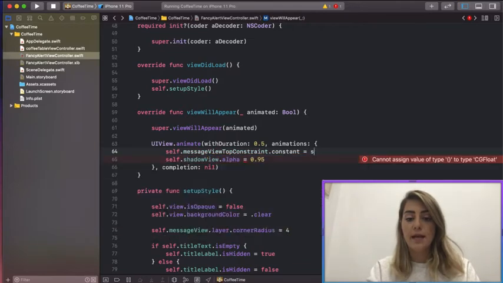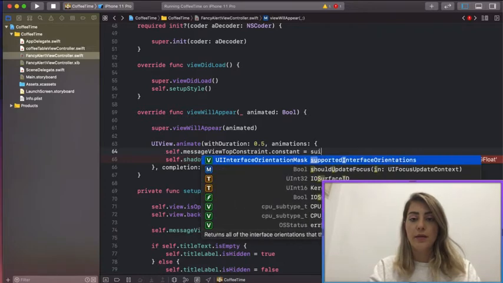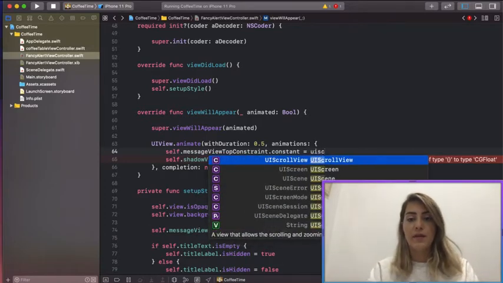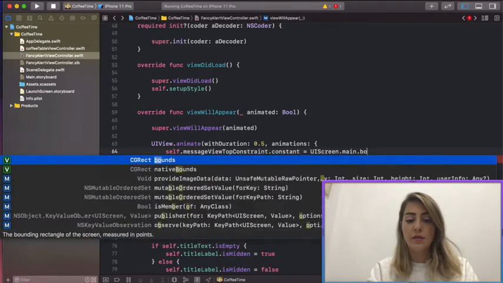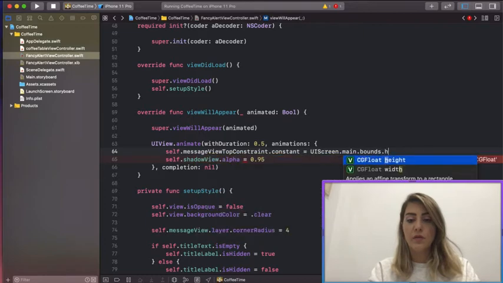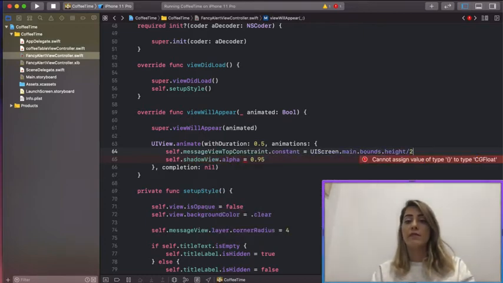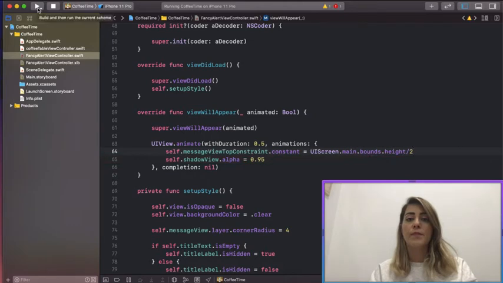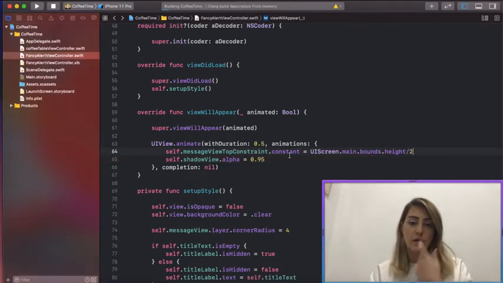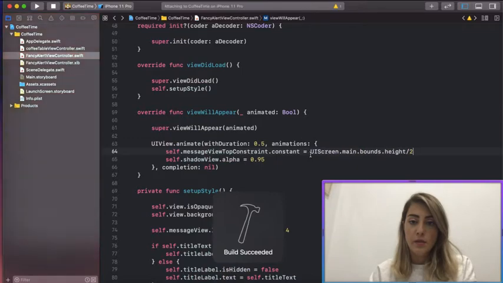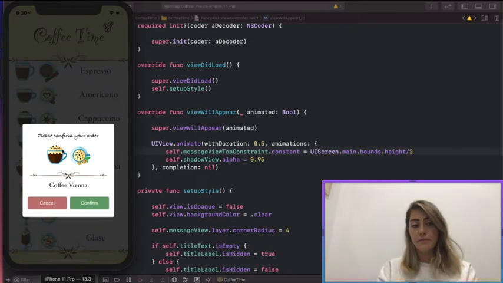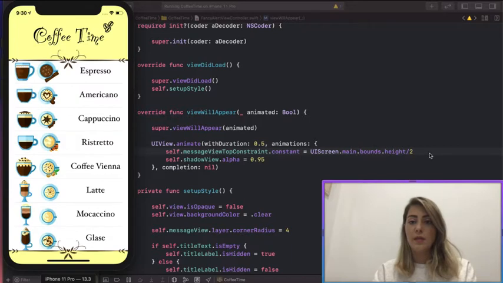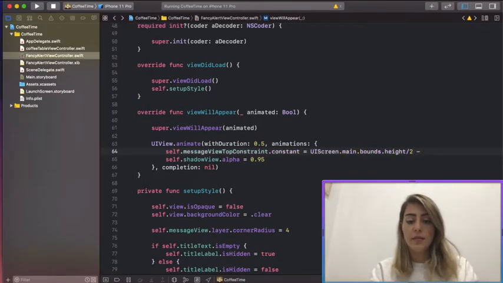Okay, so let's do UI screen, because UI screen never changes. Dot main dot bounds dot height divided by 2. This will give us the center. Let's have a look. We might need to add another thing here. See? It's right there. So we want it to be a little bit to the top. So minus